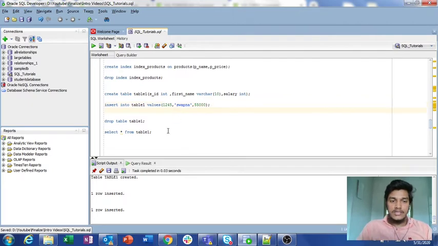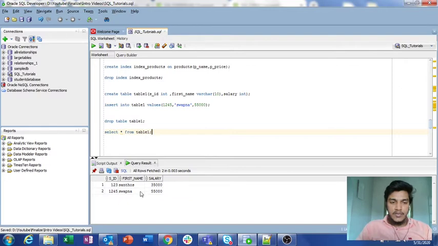So now if you check the data present in table 1, the values of SID are 123 and 1245, the first names are Santosh and Swapna, and the salaries are 35,000 and 55,000. What I want is, whenever I am inserting records into a table, I want to check some prior conditions, like if the salary is greater than 50,000, then only insert into this table. If the salary is less than that particular amount, then you can insert into another table. That type of checking I want to do.